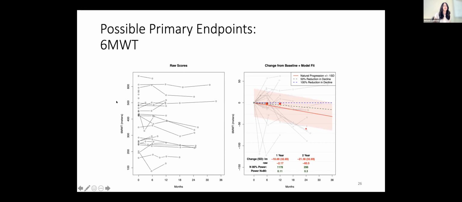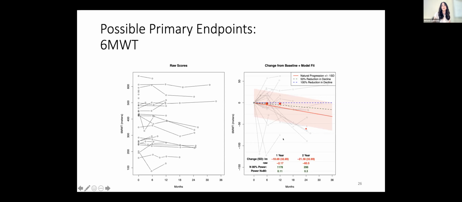Here's one of those endpoints, the 6-minute walk test. And here I've just plotted the longitudinal trajectories of the different individuals over the course of follow-up. And you can see, for all those familiar with this test, as expected, a large amount of variability in how much individuals could walk at baseline, and very minimal decline over even, say, 3 years in the trial. You don't see too much progression over the course of this endpoint. So lots of variability and slow rates of progression.